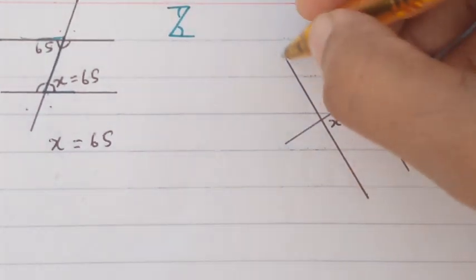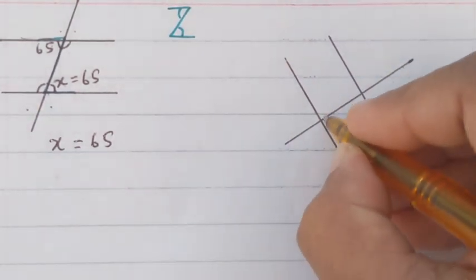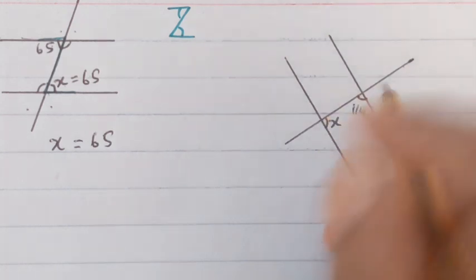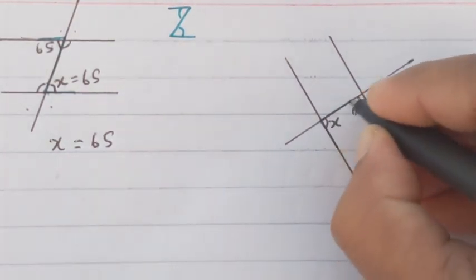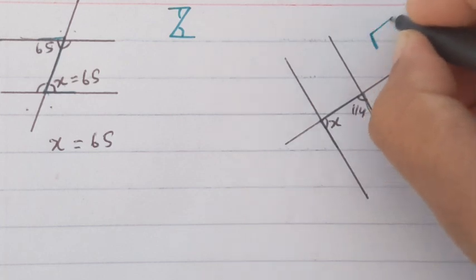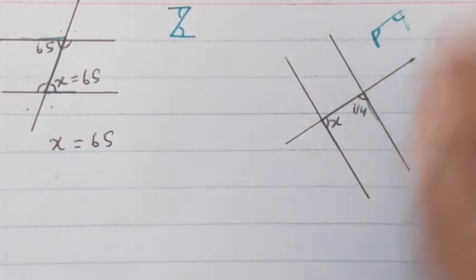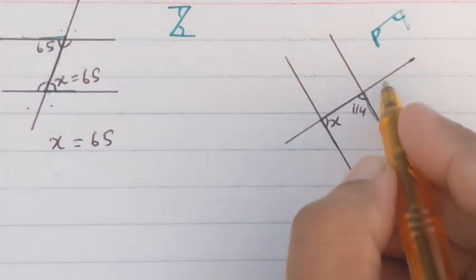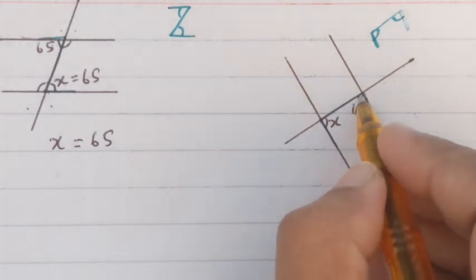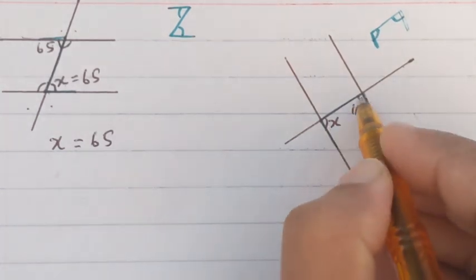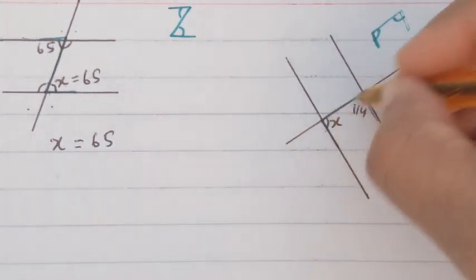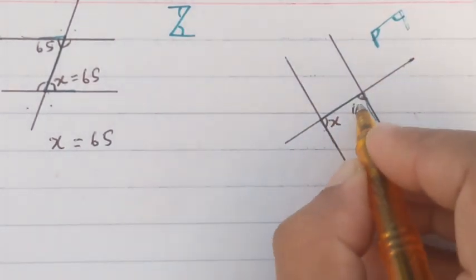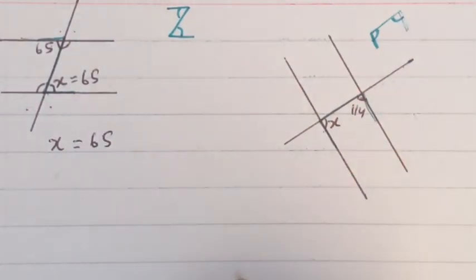Now these two are also parallel lines. Again, these two angles are interior, but you will find that these two angles are now on the same side and a C is formed like this. We use the letter C when two angles are formed between the two parallel lines such that both of them are on the same side of the transversal. Then these two angles are said to be interior supplementary.